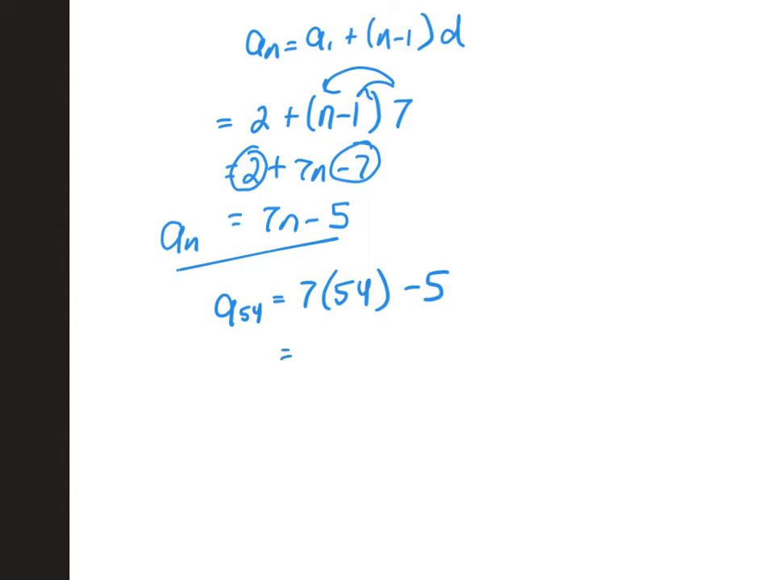378 minus 5. Yeah, but just think: 7 times 4 is 28, carry the 2. Right? 7 times 5 is 35, plus 2 is 37. Okay, what's 378 minus 5? So the 54th term of this sequence is